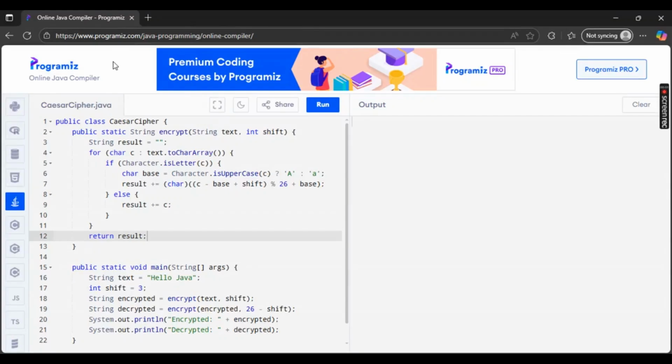Wanna know how to encrypt and decrypt text using basic Caesar Cipher? So today we are diving into a classic encryption technique, the Caesar Cipher method. This is a simple method to encode text by shifting each letter by a fixed number of positions in the